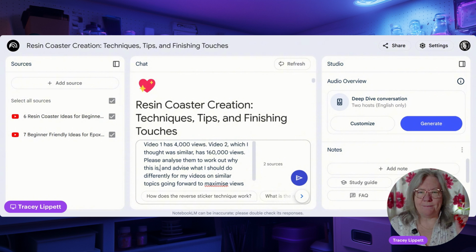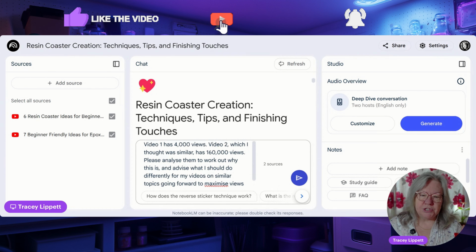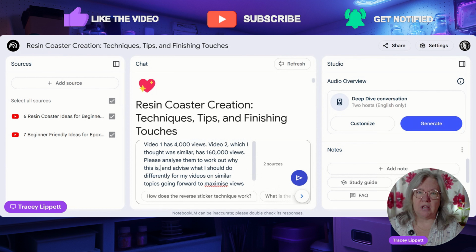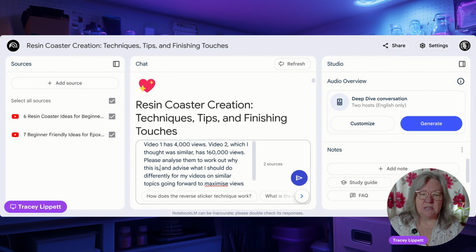What I would say is the output, as with any AI, is only as good as the prompt that you put in. So be as specific as you want. And what will probably happen is that over time you will refine your prompt depending on your niche and depending exactly what you want to know. You can also tell it what standpoint you would like it to comment from. So if you would like it to say, my viewers are typically 50-year-old ladies working from a small craft room at home, because that actually is probably true in my case, then it will take that into account.